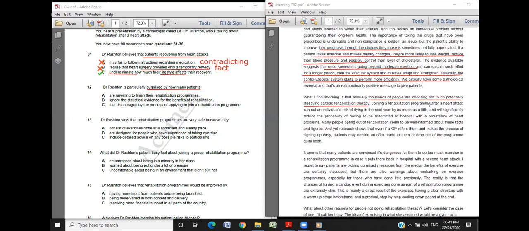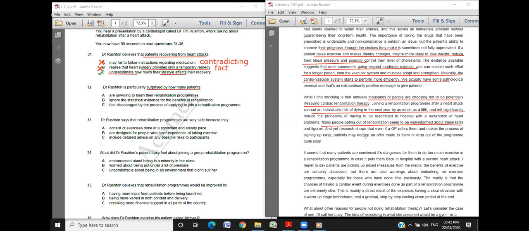Even though now these facts were mentioned as a fact that joining it can actually reduce the risk, okay, as much as by a fifth. So the risk can significantly reduce, but still many people decide not to do it. And it's not that they don't know it, because it says they are well informed about these facts and figures,